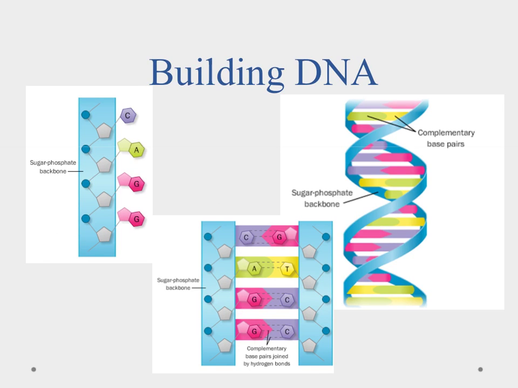Okay, so let's talk real quickly about building DNA, and we'll get into a little more detail a little bit later on in the course. But for now, I want you to notice that we have this sugar-phosphate backbone. And what that means is that the sugar and a phosphate from one nucleotide, the phosphate's going to bond to the sugar of the next one. So this is where we're joining it together. We'll join another one here and join another one here, and we'll do another one,